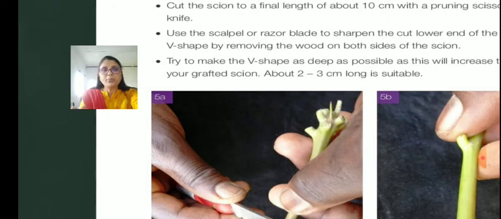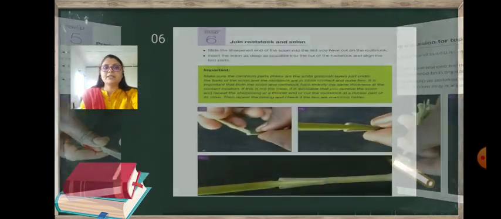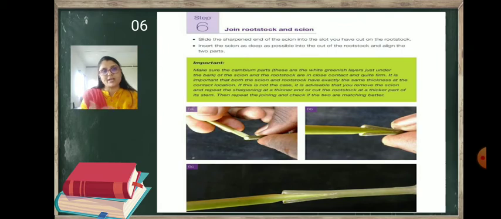Try to make the V shape as deep as possible, about 2 to 3 centimeter long is suitable. What size we cut at the rootstock, that is 3 centimeter, like that only you should cut here also, 2 to 3 centimeter at a V shape. So you can put both equally.